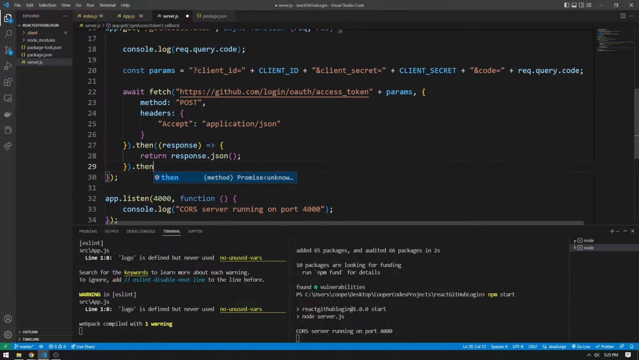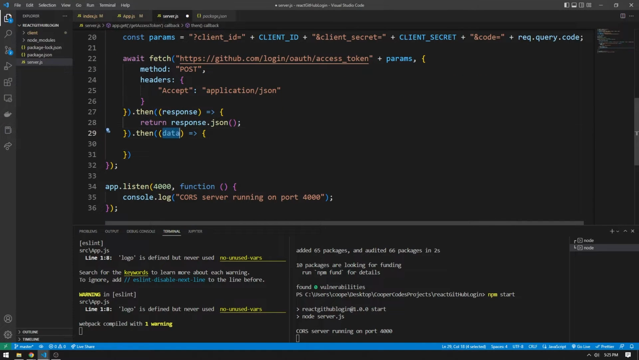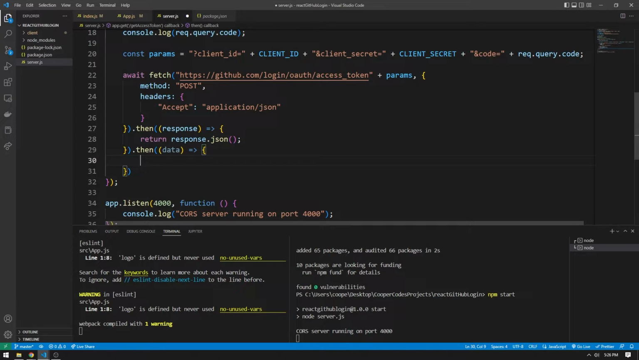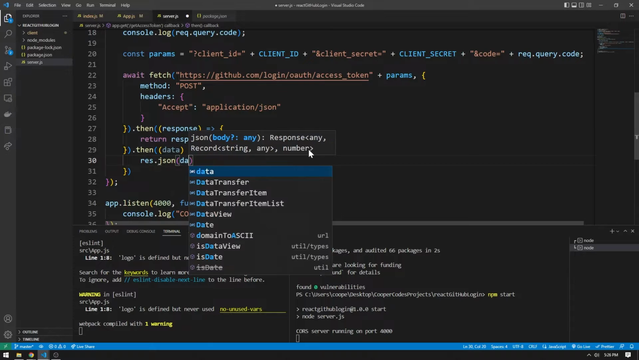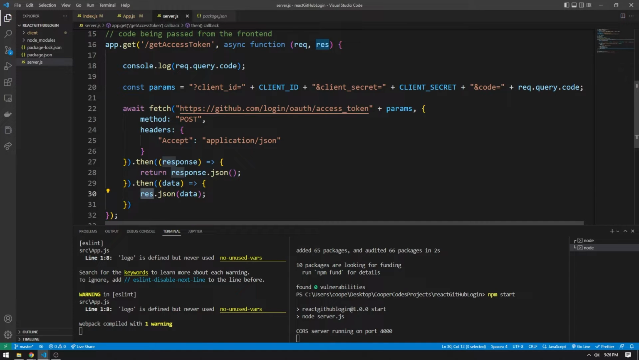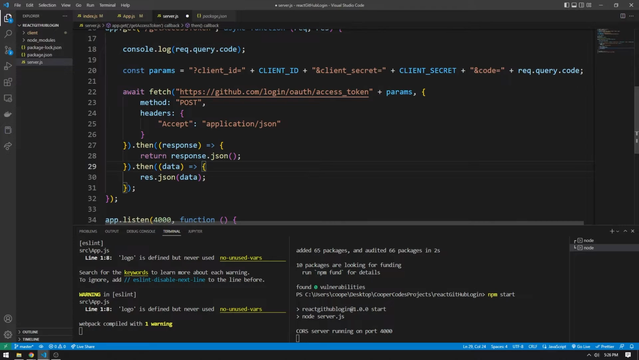So we can say .then data, and this data here is just going to be the return statement of whatever is being passed in the previous .then. And to give the JSON data back to our front end, we can say res.json data, because this res is what defines the response of our Express web server. So the response is defined right here. And so this is actually the full get access token logic. If we also want to see this data in the console, we can say console.log data right here. This is just going to be nice because we can see everything in this console right here for what's happening